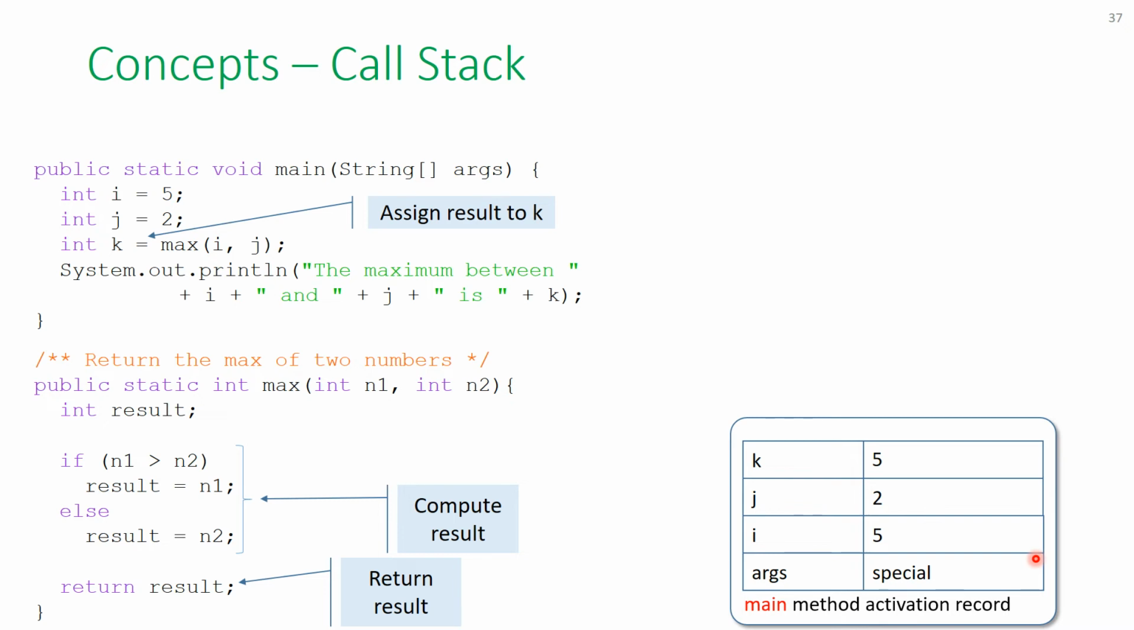But what if I do int k equals max(i, j), like in the slide? And then I do System.out.println, the maximum, and so on. And only after that, I do int w equals max of i and k, for example. What if I don't call the max method a second time right away? I finish calling it for the first time, but I call another method. Well, when I call System.out.println,